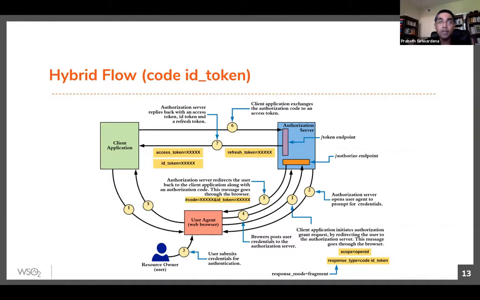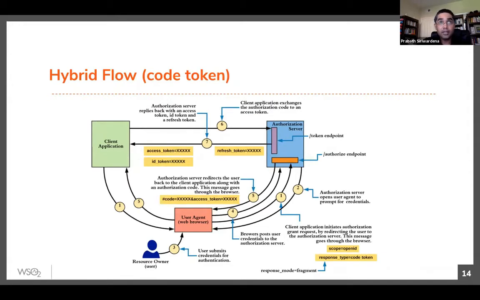So that means we bind the code to the ID token, we bind the ID token to the user session, so indirectly we bind the code to the user's browser session, right? And it's also recommended, if you're using code flow, you can also use the PKCE profile, proof key for code exchange, that will add more prevention for code interception attacks.